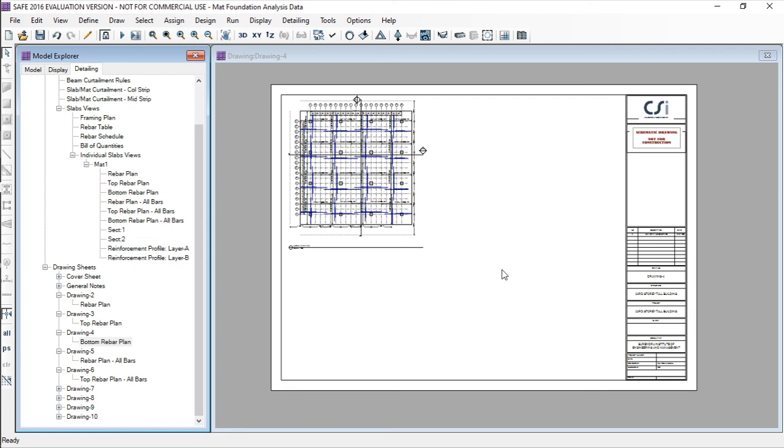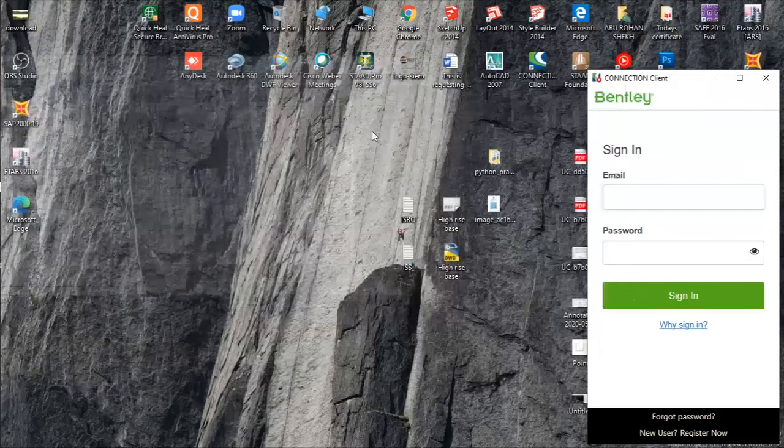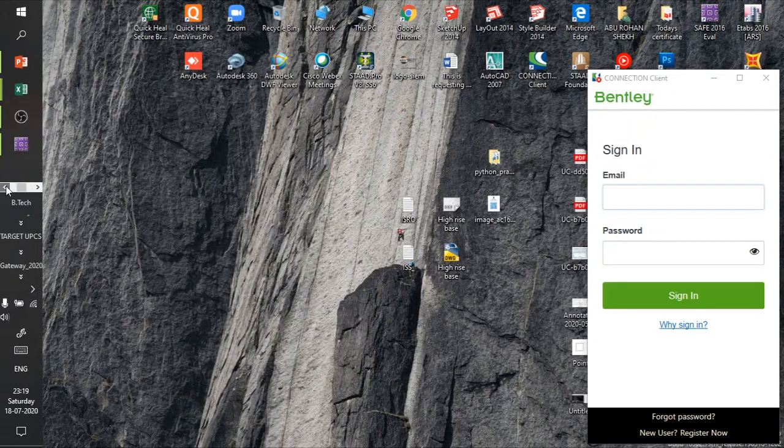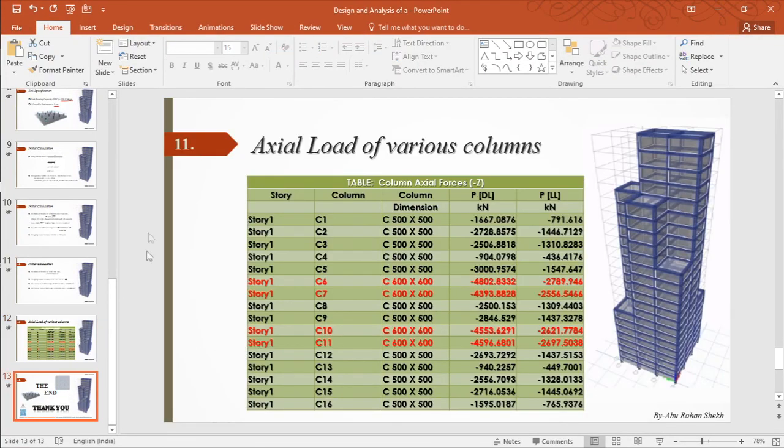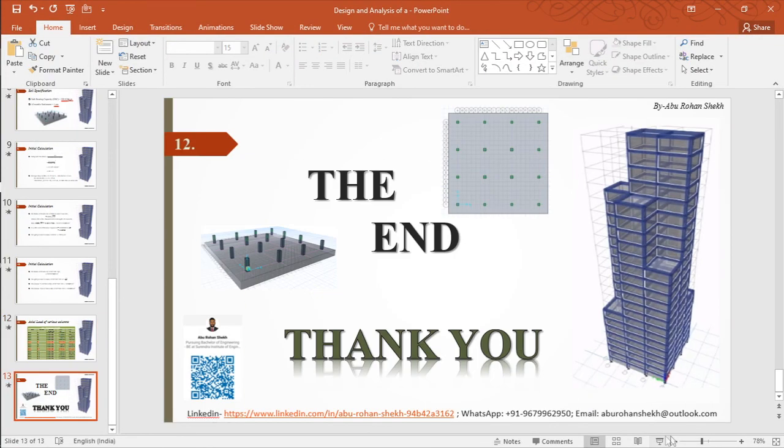We have checked this foundation, and we have also gone through the various results and other details of the structures. So I think it was quite interesting. So thank you so much.